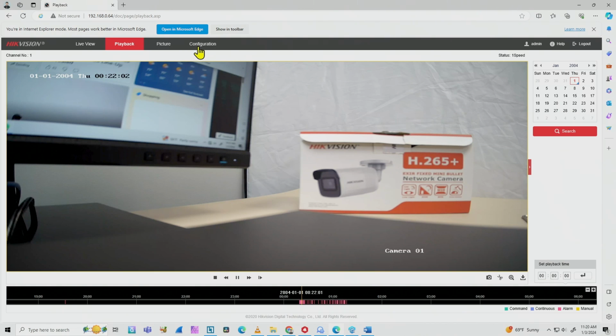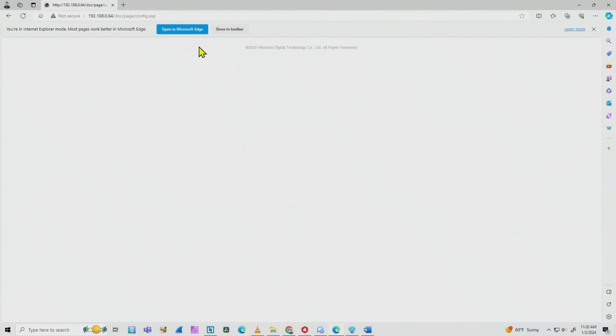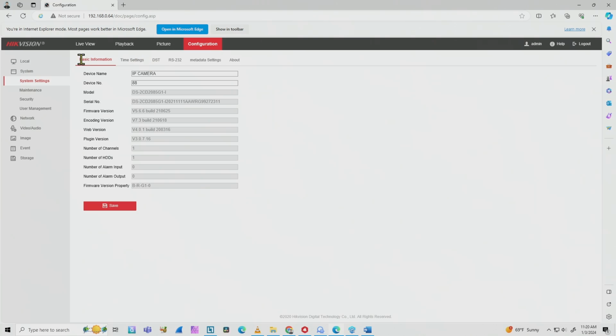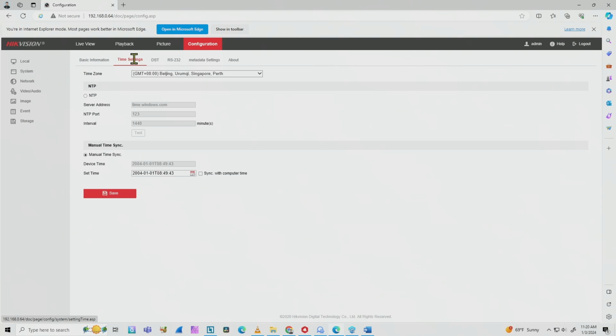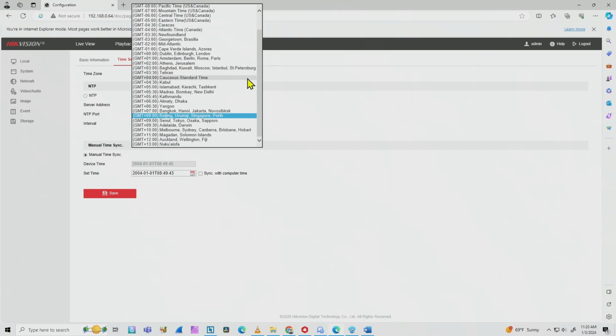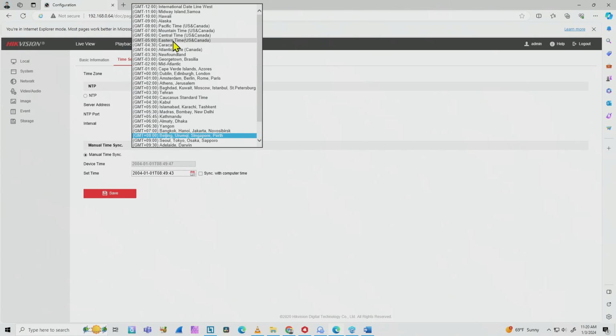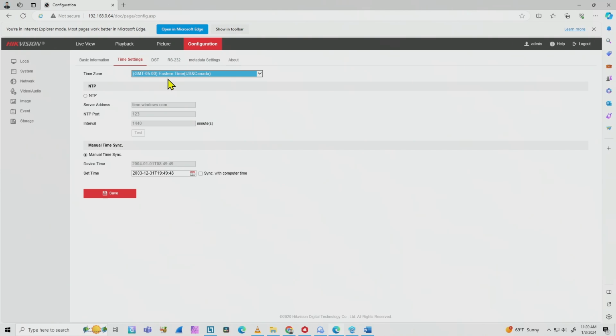Because if I come here to configuration and set the date for the camera, because it's wrong right now, I come here to system, time settings, and now I'm going to select the correct date here. Let's select Eastern Time, US and Canada, for my case here, and also check here to sync the time with my computer. So when I check here, it's going to sync with the correct date, because now it is 2024, okay? Then I save here,